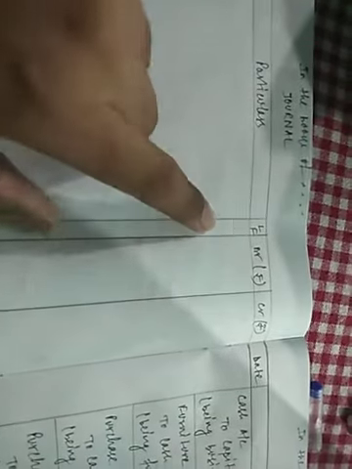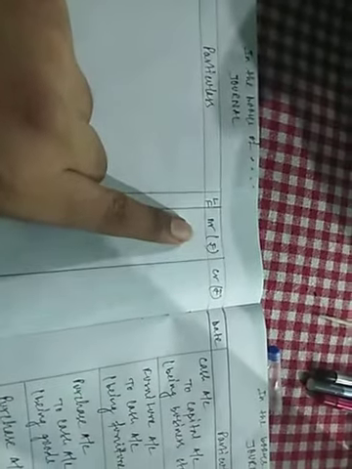Next, just after the 2 columns, we'll make one more column. The name of that column will be LF, and the previous 2 columns will be named debit and credit. Debit, rupees symbol, credit, rupees symbol. You can also write amount, no problem. In place of rupees symbol, you can write debit amount and credit amount. Thereafter, we'll make a narrow column named LF. The width of this column will not exceed 1 centimeter.